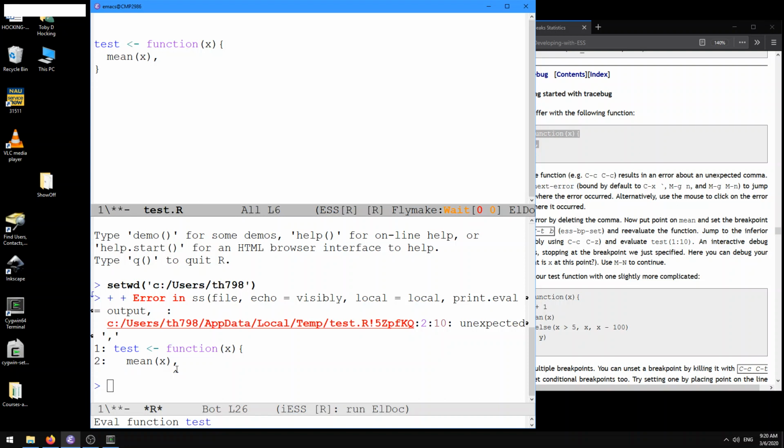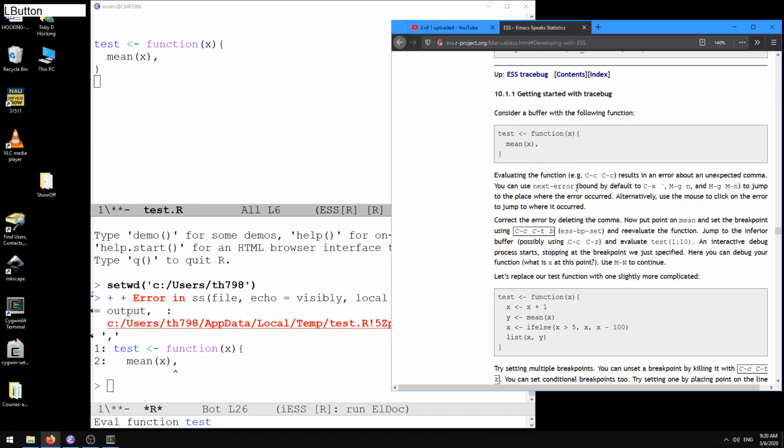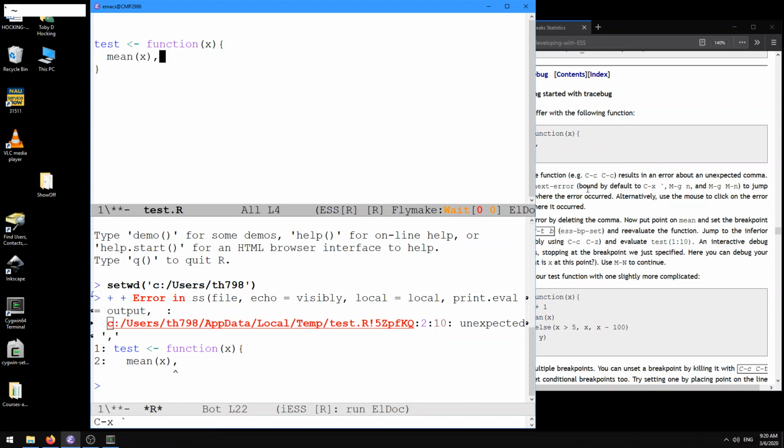and so here we have an error about an unexpected comma, indeed. You can use next error, bound by default to Control X backtick or meta g n, to jump to the place where the error occurred. Let's try that. Control X backtick. So that's pretty cool, right? Did you guys see that? Actually, if our cursor is somewhere else and then we click there, it's bringing our cursor to the exact line where that error happened, or you can just do Control X backtick,